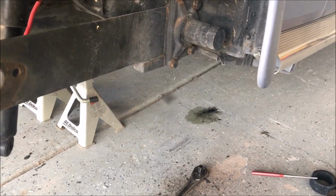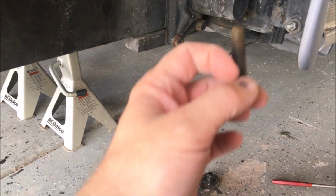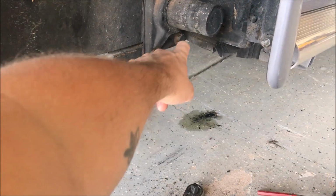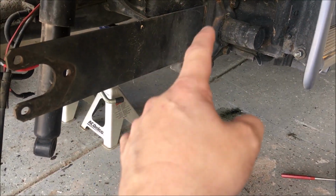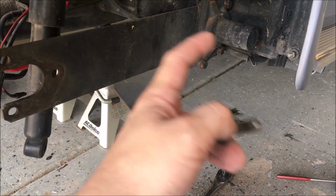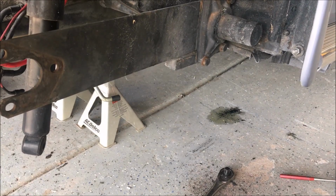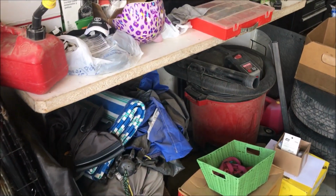We've got this side buttoned up. If you noticed, we needed a little gentle persuasion. We did use a longer bolt on one of these to help get it started to suck down on that new bushing. Like I said, unfortunately, we couldn't replace that inner one. We just didn't have the time or to figure out what was going on there. Now on the other side,